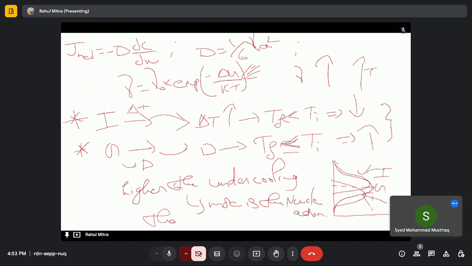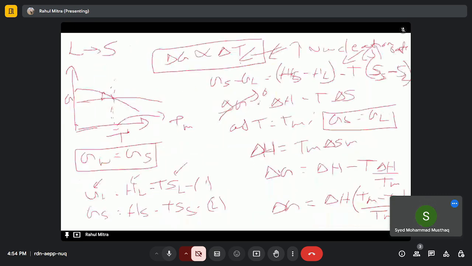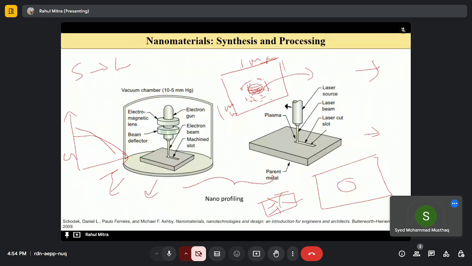And that is the reason why we have nanocrystalline grains. Why? Because we are not giving enough time, and again the diffusion depends upon time and temperature. So we are not giving enough temperature for the diffusion of atoms. So that's why this process comes into the three-dimensional nanomaterials, where we have a bulk material,